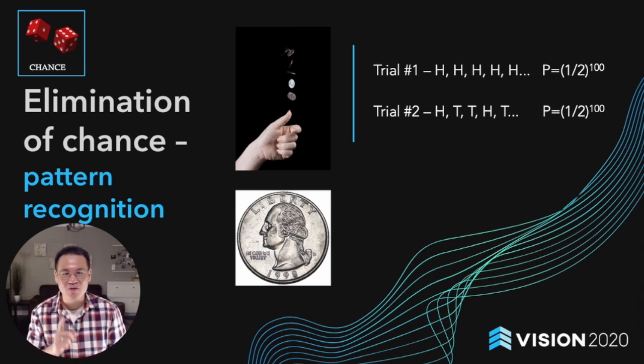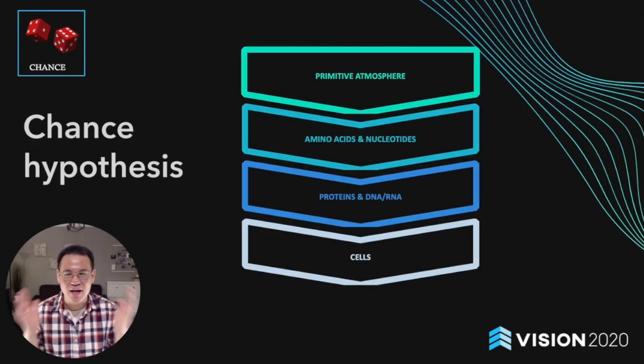So pattern recognition, too, is a way to eliminate chance. Both improbability and pattern recognition in concert work to eliminate the possibility of chance. And so using these concepts of improbability and pattern recognition, we can then evaluate the chance hypothesis for the origin